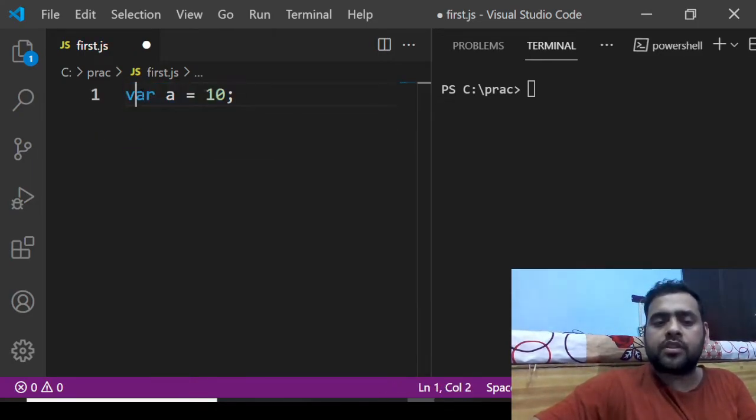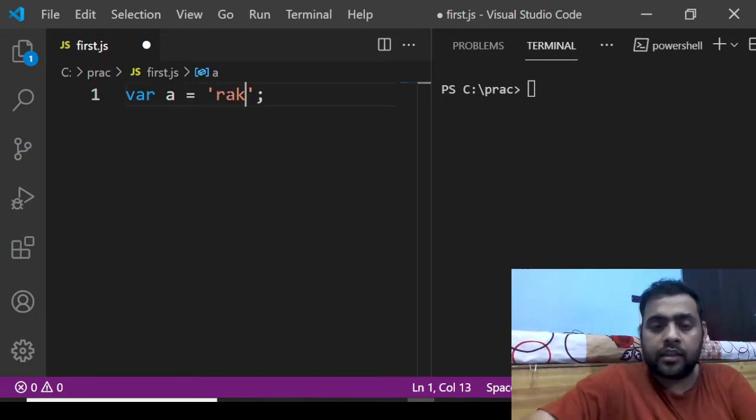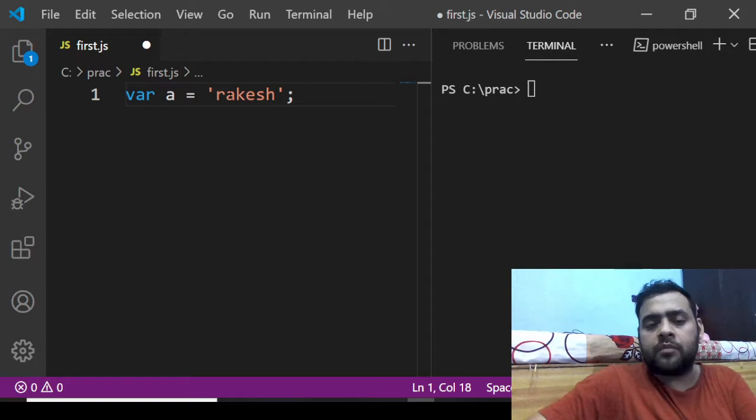In JavaScript we just use the var keyword, and we can assign any kind of value to it. Like 10 is a number, and we can also assign a string like this. So in JavaScript this is very easy, we just use the var keyword. We can use let and const as well. Where we can use those things, I'll tell you in the next video. I'm creating this video only so we can explore let, var and const in the next video, because these are the basics we need to know before that.